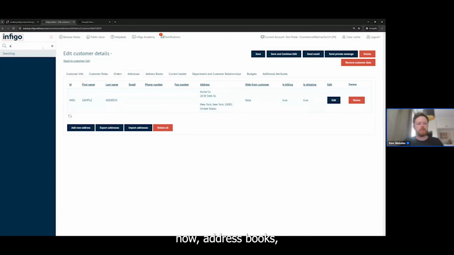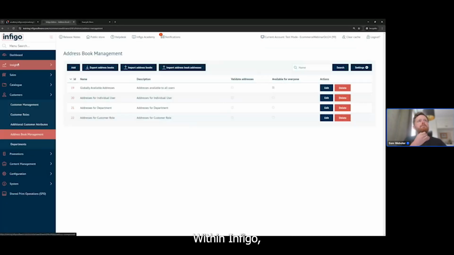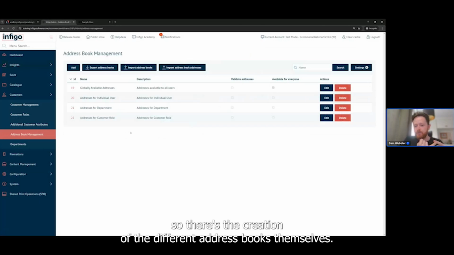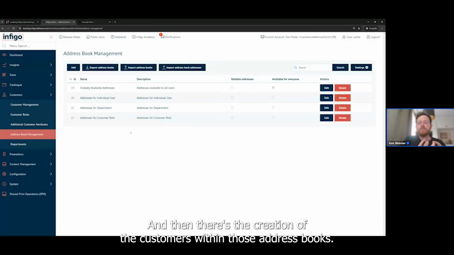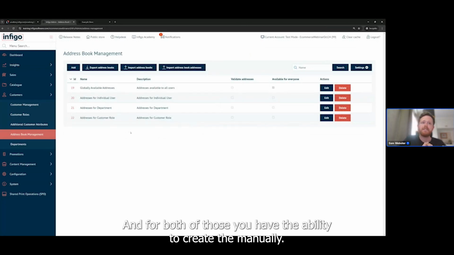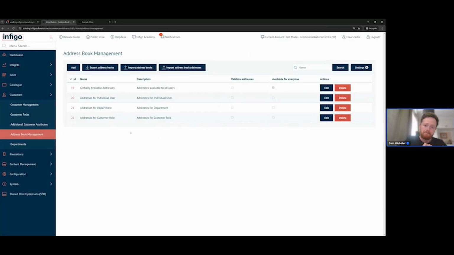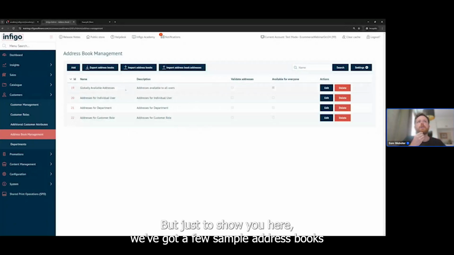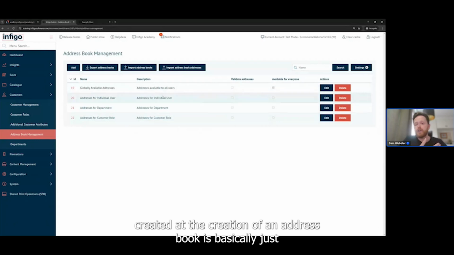Now, address books are set up within their own section within Infigo, and it comes in two different sections. There's the creation of the different address books themselves, and then there's the creation of the addresses within those address books. For both of those, you have the ability to create them manually, or you can import them via CSV. I'm not going to go into too much detail because we've got a lot of things to go through, but just to show you here, we've got a few sample address books created, and the creation of an address book is basically just